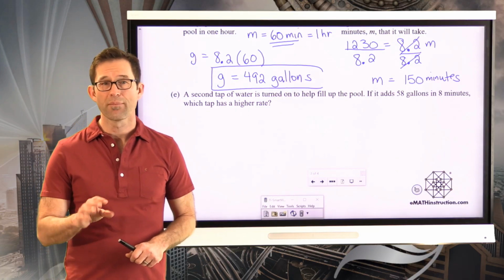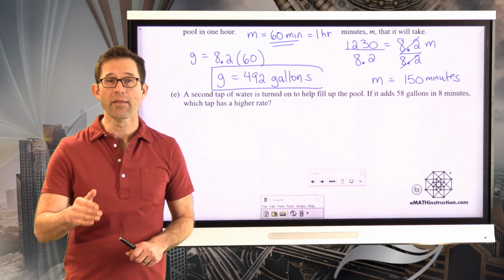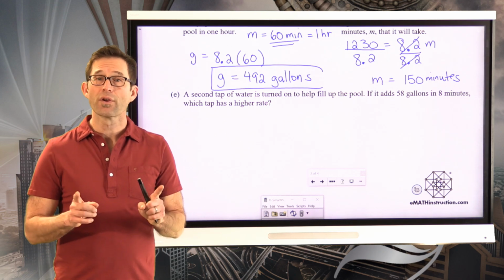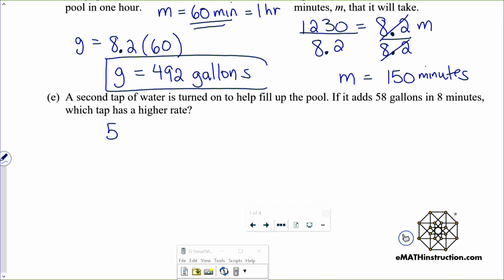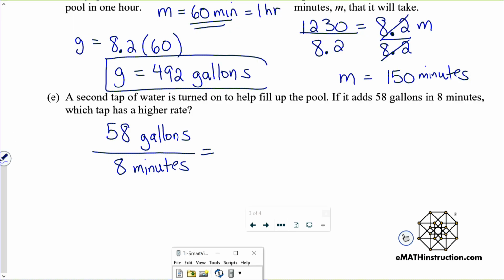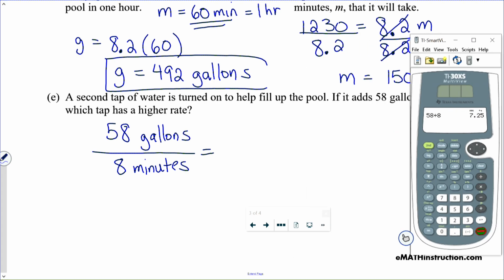Well, we know the first tap that we turned on is filling up the pool at 8.2 gallons per minute. Every minute that goes by, 8.2 gallons goes in. To figure out the rate that this tap is filling up the pool, we also have to set up a ratio and then turn it into a unit rate. So we know that we have 58 gallons per 8 minutes. To create a unit rate on that, we're going to do the same thing that we've been doing all along, which is we are going to simply take our numerator, divide it by our denominator, which is all a fraction really is, and we find